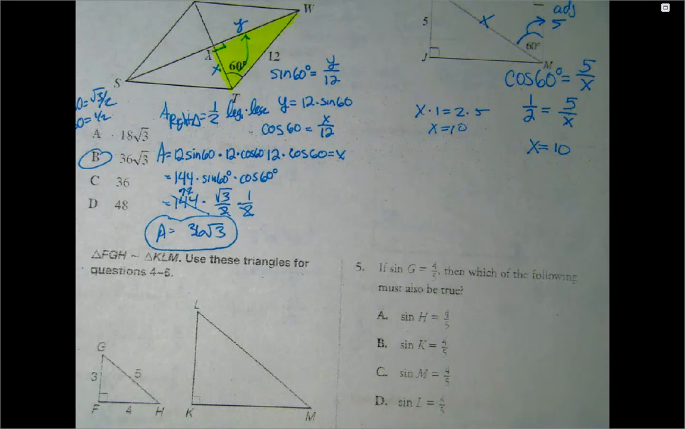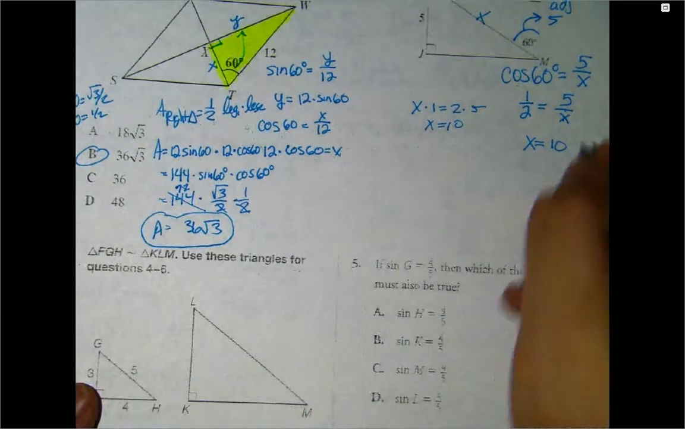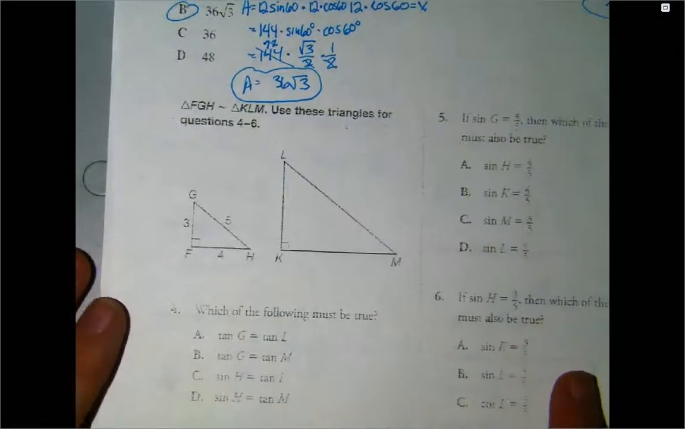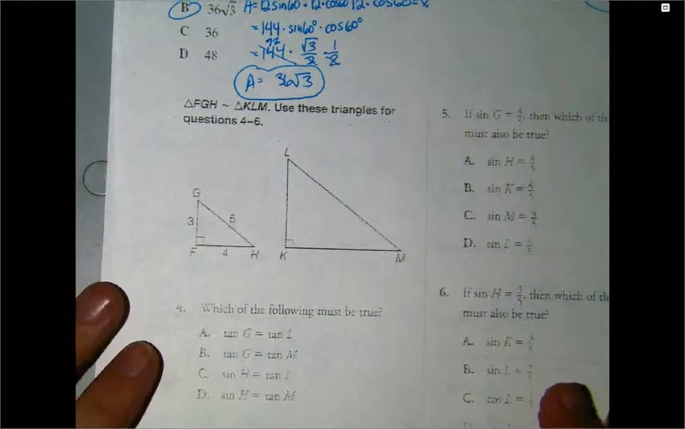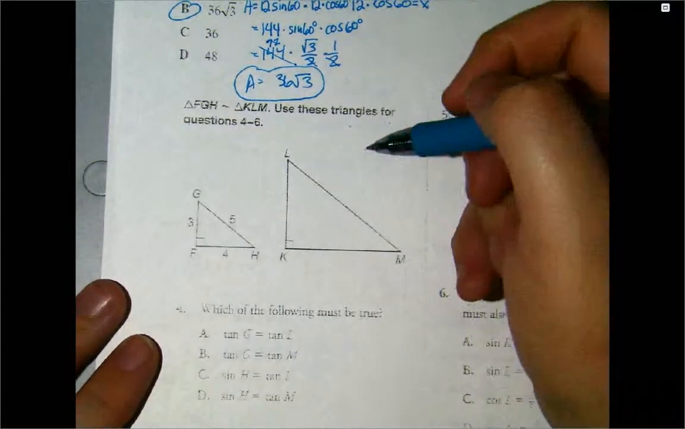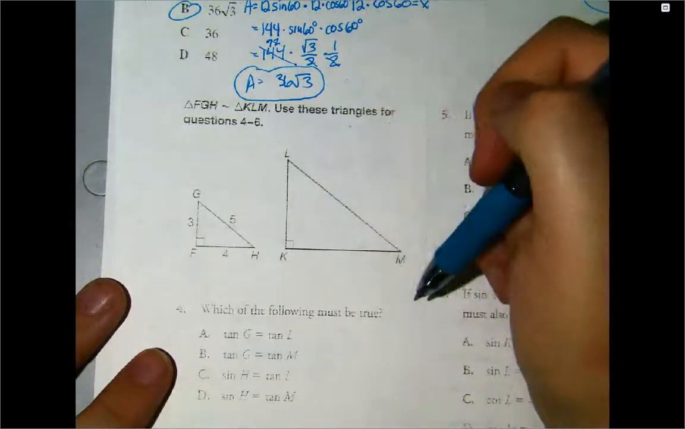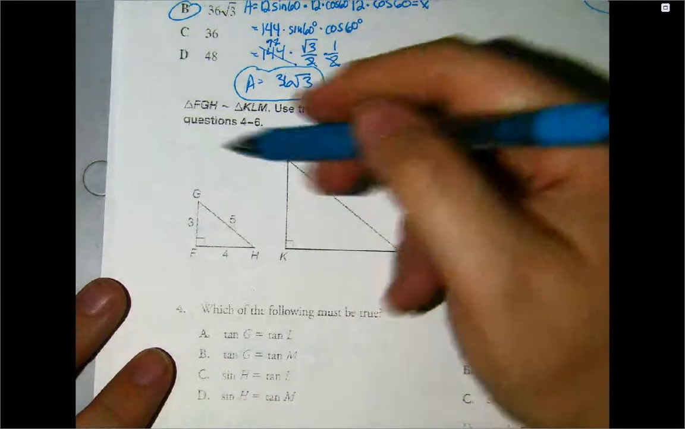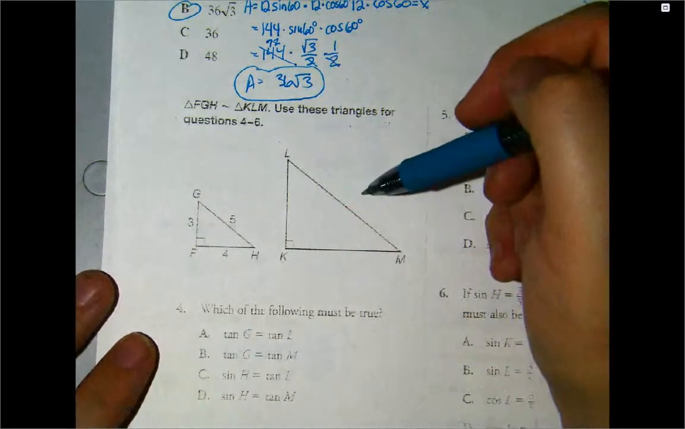Almost done. Alright, use these triangles. What must be true? Alright, they're similar. Which means this is 3 times x, this is 5 times x, and that's 4 times x. But we don't know what x is. So,